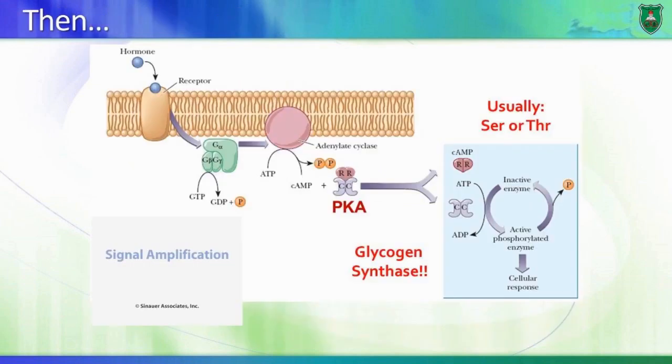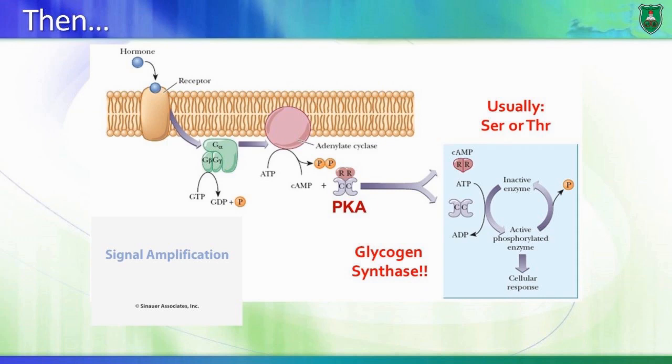All right, then what happens? Again, there's another video that you can watch, I hope. What happens is that cyclic AMP binds to one molecule in particular known as protein kinase A. Now remember, it depends on the cell type, okay? So it activates protein kinase A. You have dissociation of the catalytic subunits of the protein kinase A, and protein kinase A can phosphorylate